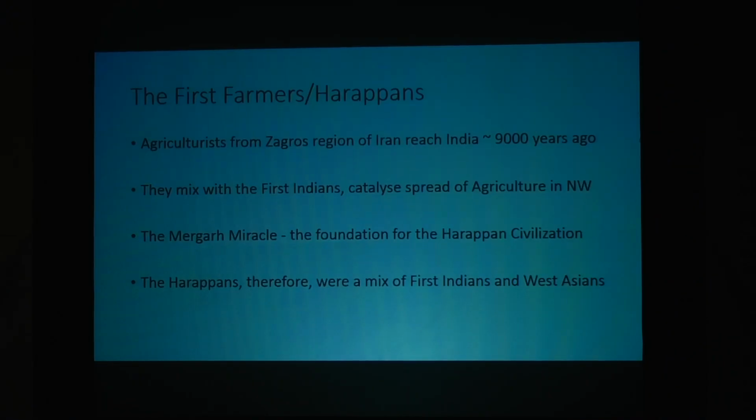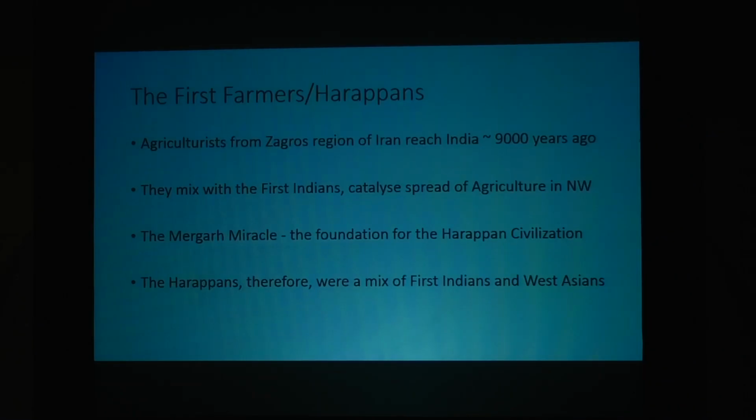So, who are these people? Where did they come from? I think here also it is the ancient DNA that has come to solve the problem. Genetic studies based on ancient DNA recovered from the mature Harappan period, that is from 2600 BCE to 1900 BCE, in the Indus periphery region, has answered the question of what was the genetic composition of the Harappans. They were an admixed population of first Indians and West Asian agriculturalists from the Zagros mountain region of what is today Iran,